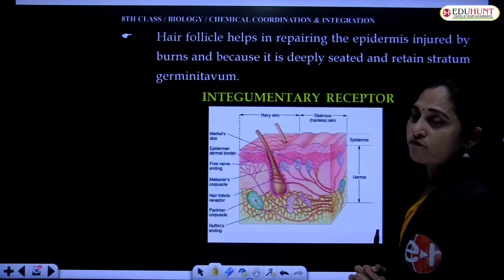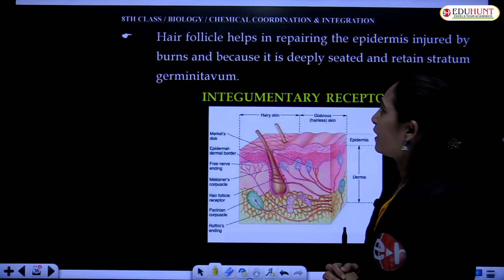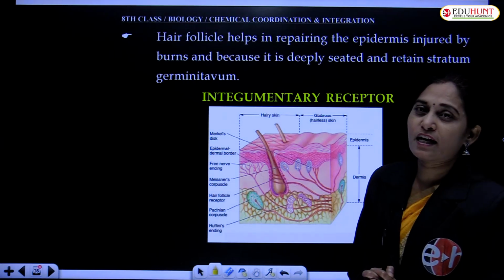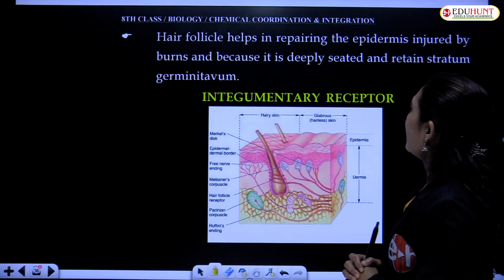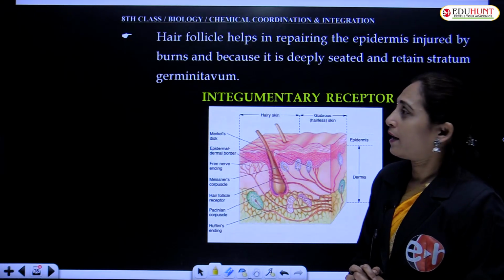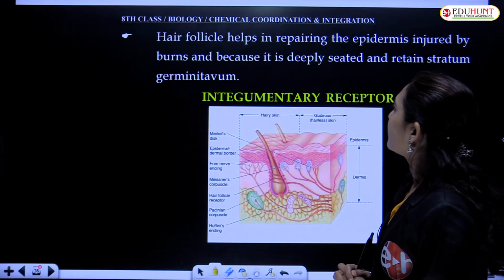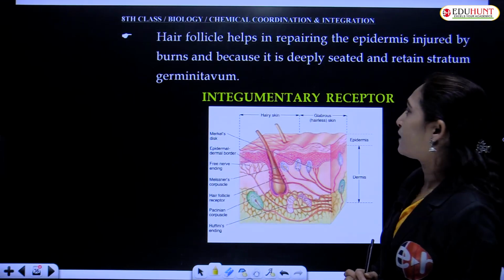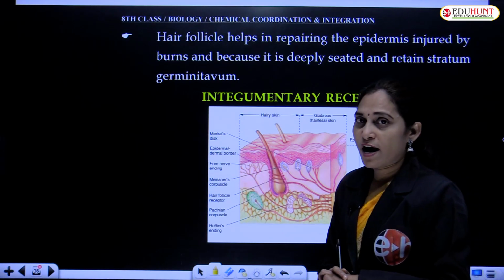What is the help of the hair follicles? They help in repairing the epidermis. Hair follicles help in repairing the epidermis injury by burns, because it is deeply seated and retained in the stratum